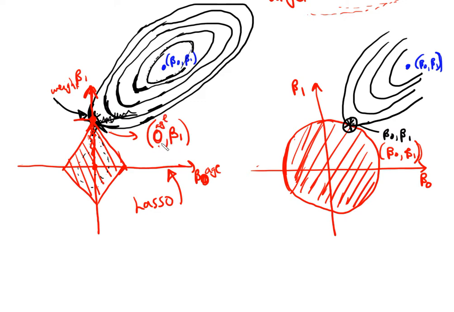It would have disappeared because the minimum beta naught and beta 1 that are happening in our budget are at an axis, at a corner with an axis,